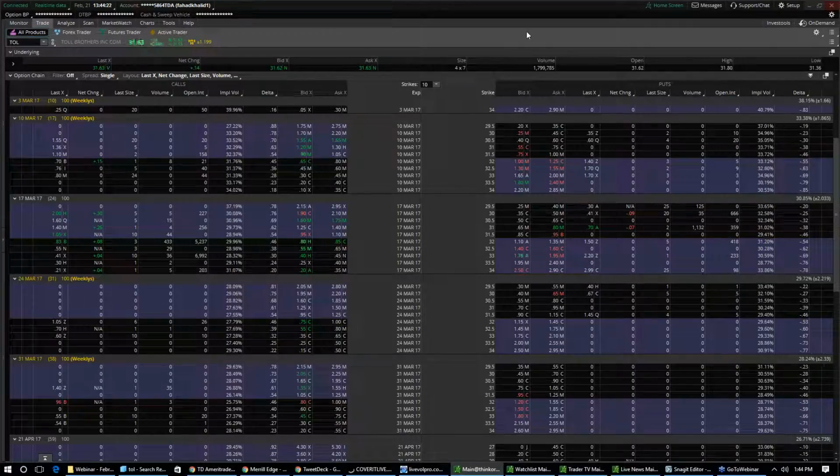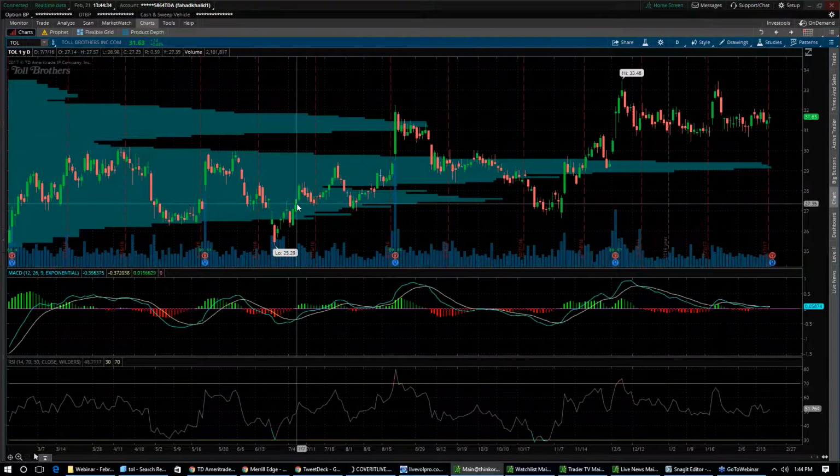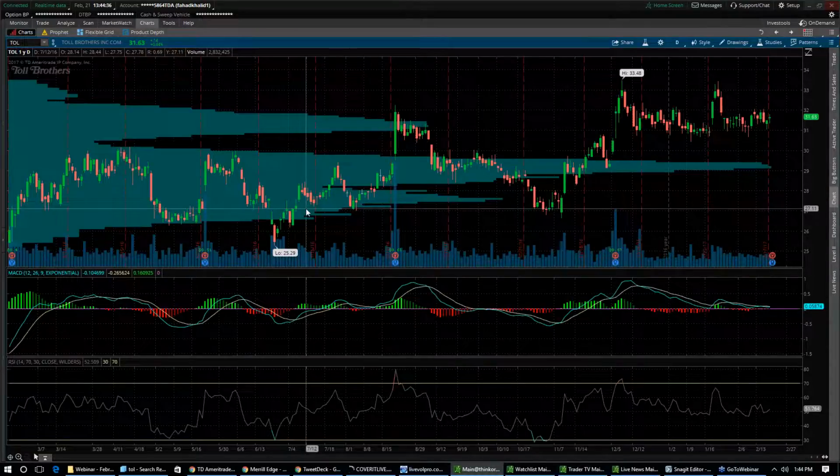So if they have to raise their guidance tomorrow, this stock is going to break out. All right, that's essentially the view here. So buy straight March 32 calls for 80 cents or less. All right, and see if we can surprise to the upside. Anyways, sorry for